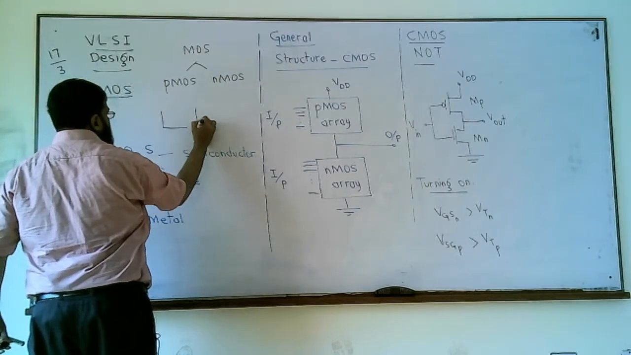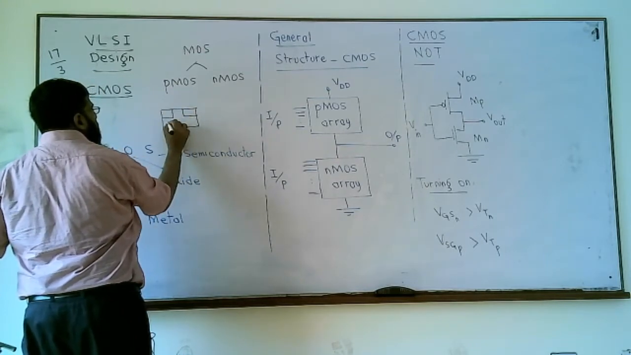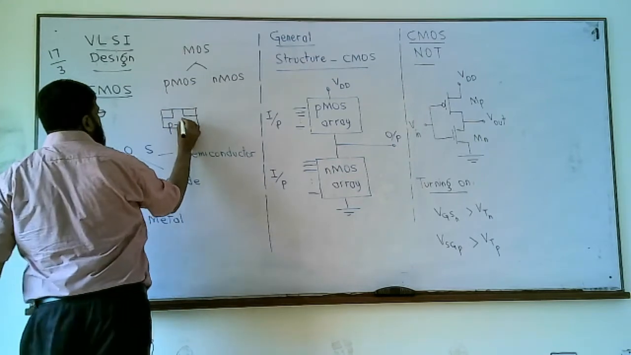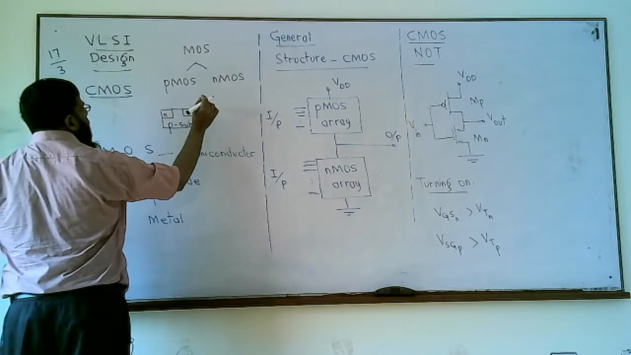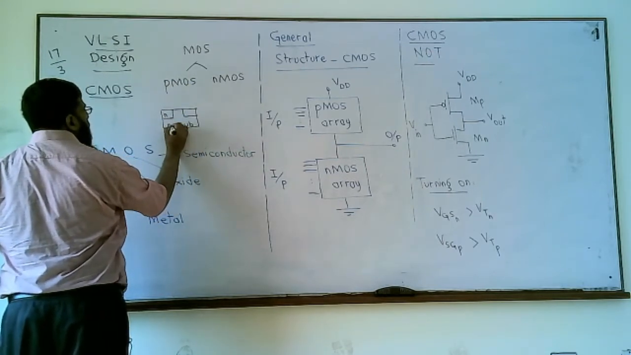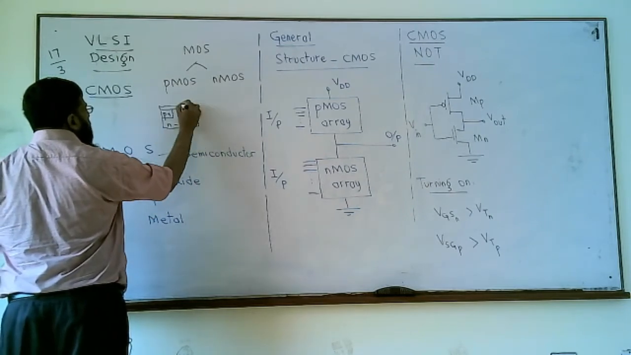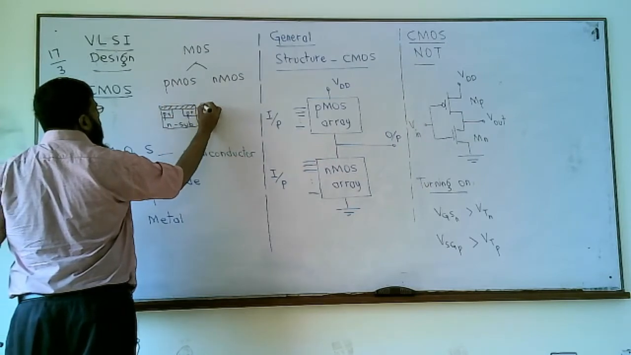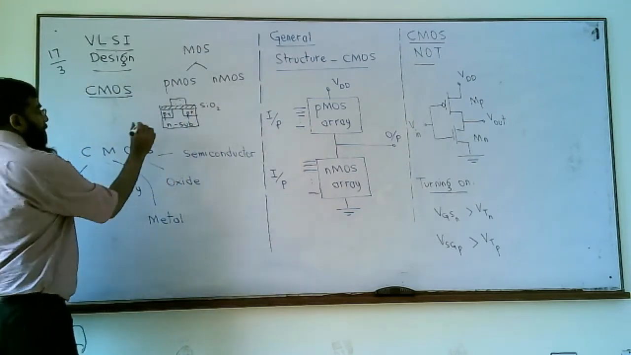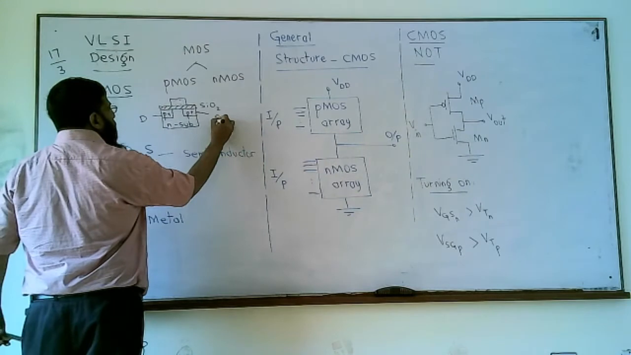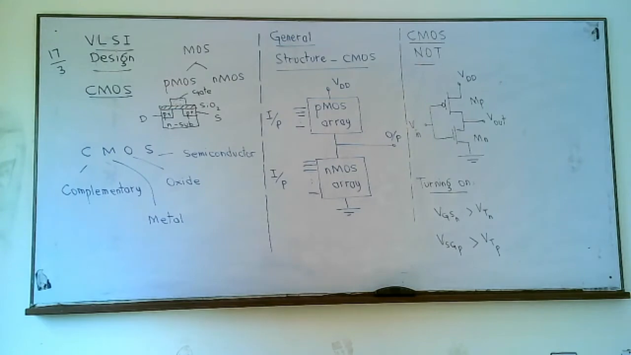pMOS is a transistor that we have studied in our earlier course, the ECD, electronic circuits and devices course, where we have a pMOS like this. We have an n-type substrate and drain and source of type P plus, and then a silicon dioxide layer, and then we have this gate. Right, so this is drain, this is source, and this is gate, which is also called poly in modern VLSI